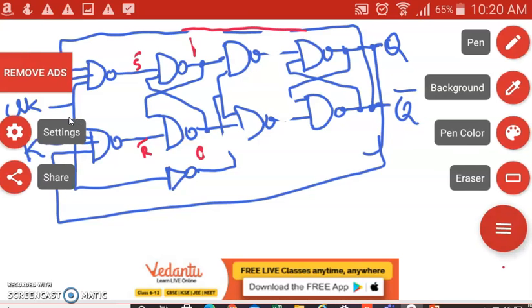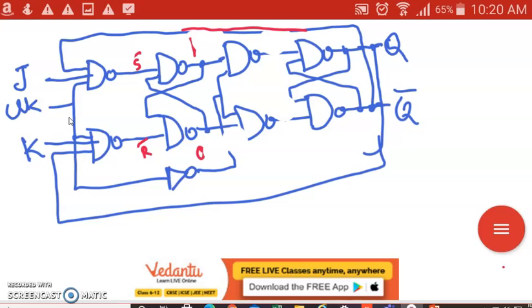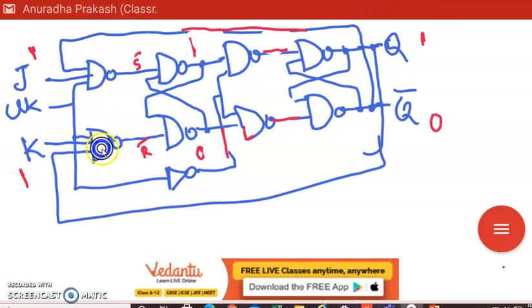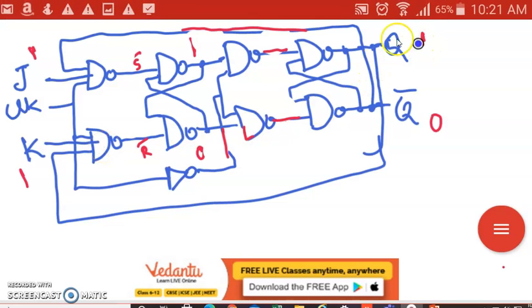So this output I've written 1 0. Fine. I'll write down the previous output is 1 0 only. Okay. With this output, so what is the working of J and K? J and K is 1 1. So when it is 1 1, I can't decide what is the output of the NAND gates here. The previous stage output here is 1. So 1 1 1, the output here is 0. So previous stage output is 0. 0 1 1, it is